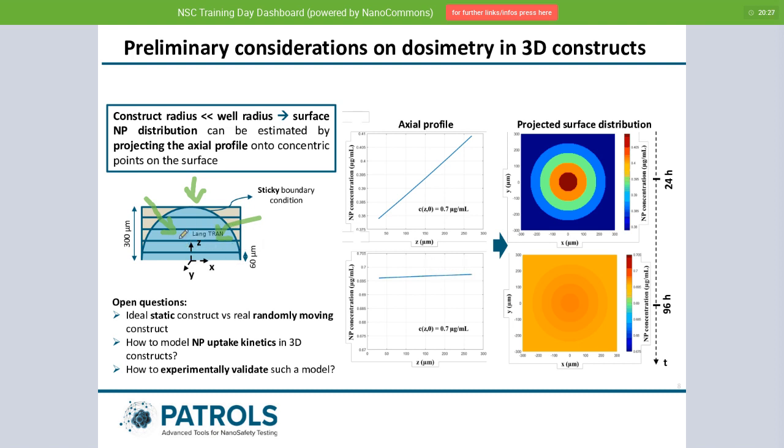an in vitro setting, the spheroid tends to roll about, and it doesn't stay still for you to drop things. So this is just a first step at trying to estimate what happens when the particle manages to land onto a static spheroid. We have to think about a randomly moving construct, because the spheroid rolls about inside the in vitro system, and obviously that would result in much more complicated geometries. This is where we are, and this is what we are working on.